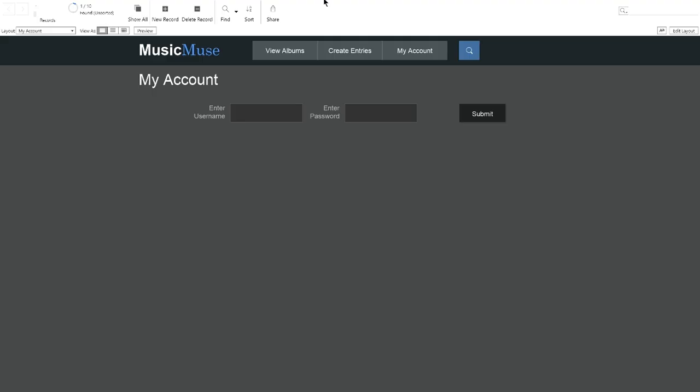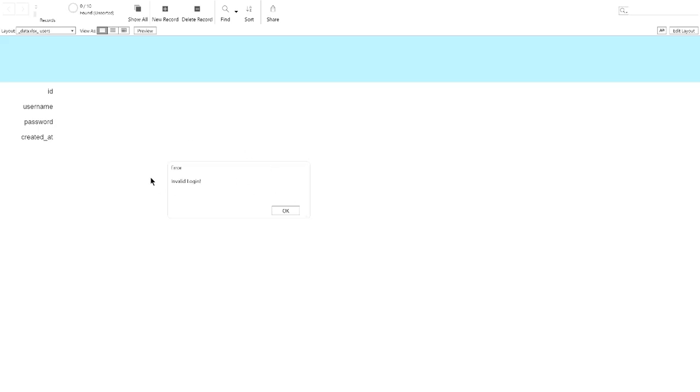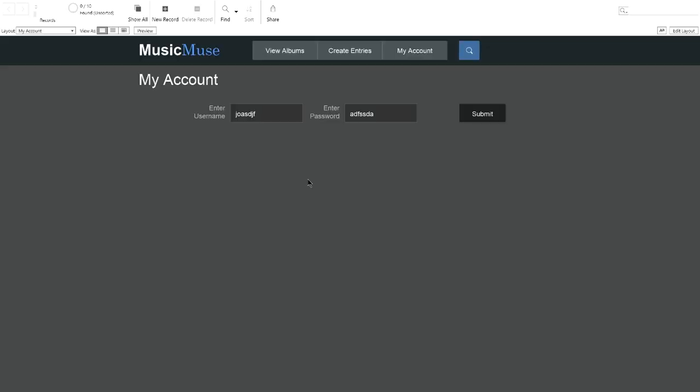Now when you open the application, the first page you'll encounter is this My Account page, where it prompts you for your username and password. If I were to just put something random, there will be data validation which prevents me from proceeding. So now if I click submit, you can see it says invalid login. However, if I were to go back and actually input my proper username and password,